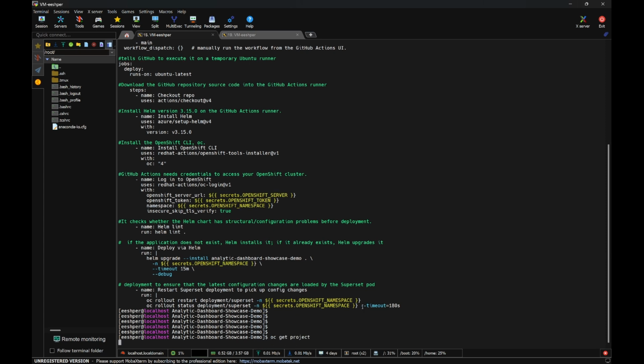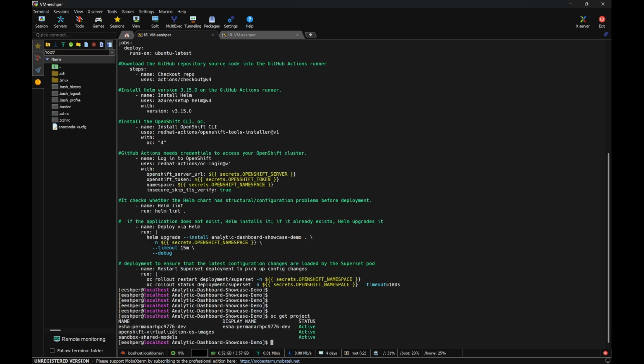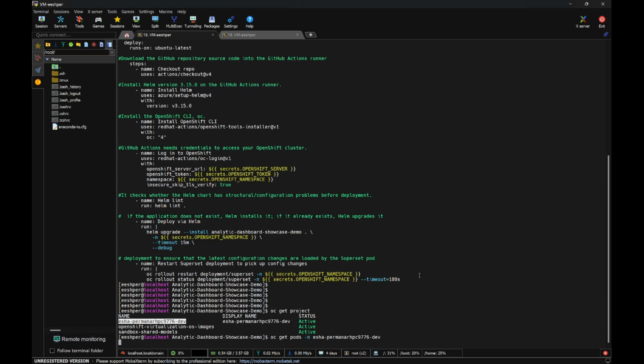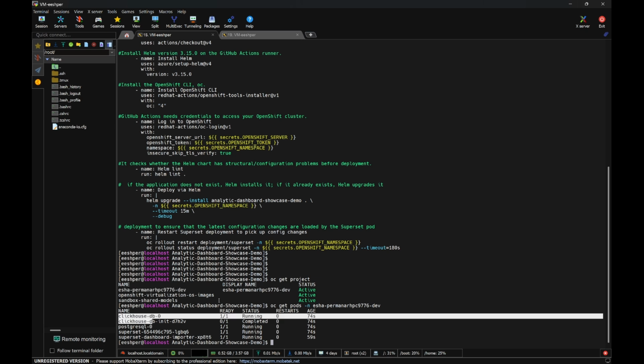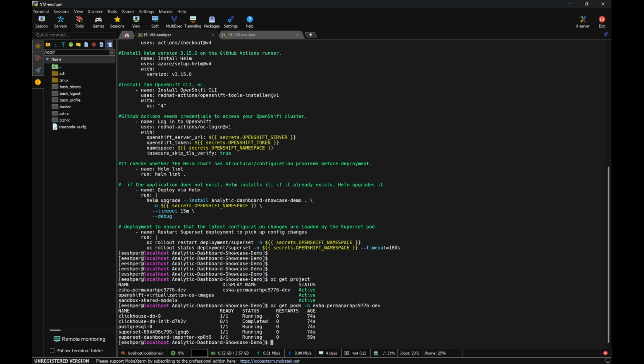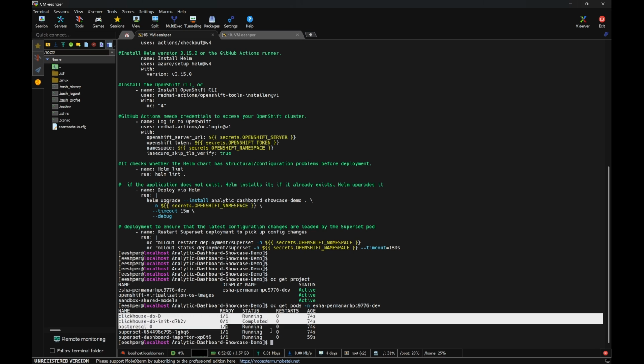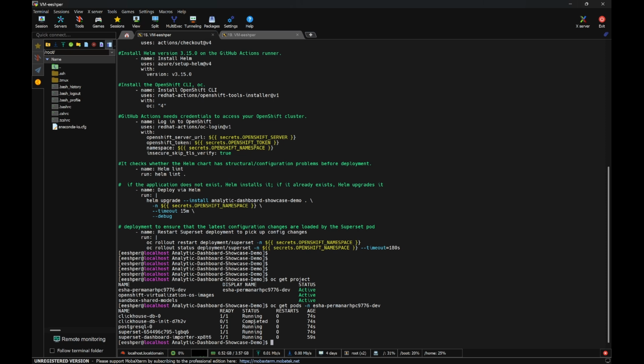This is to get your namespace. Okay, the namespace is this. Then oc get pods with -n. The deployment has already been created, so we can see several pods that have run and completed.